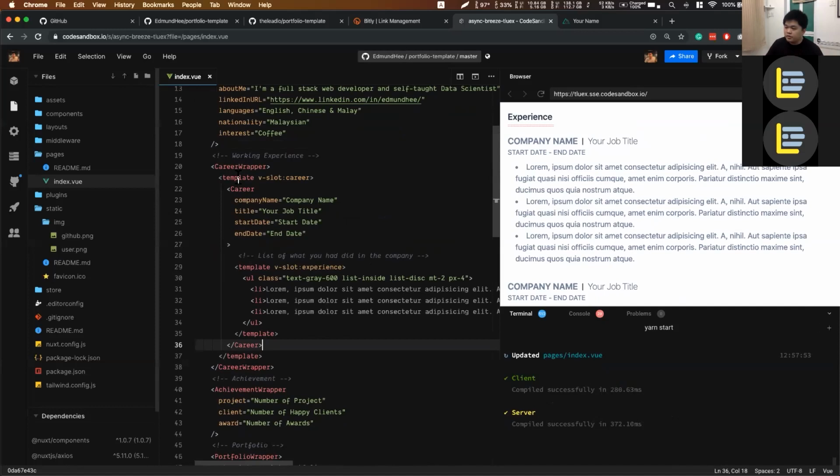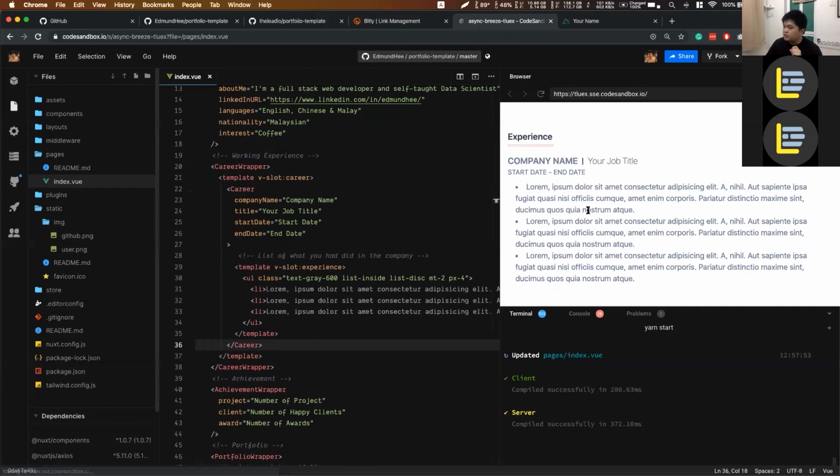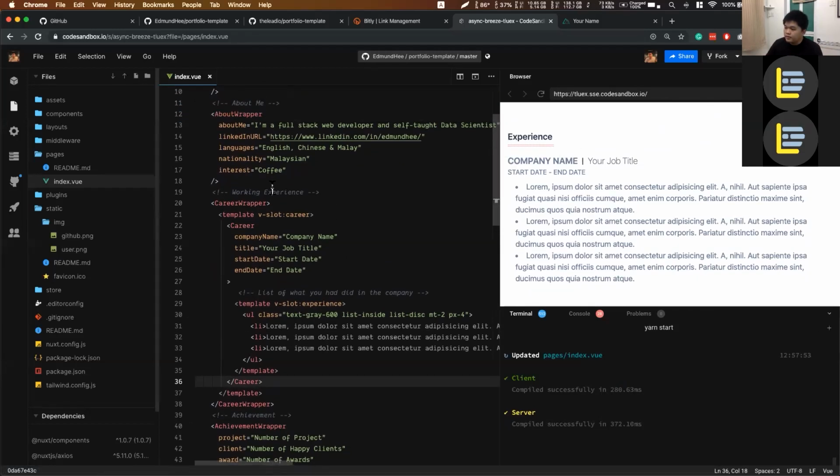Career wrapper is an HTML template, career template. All of this is HTML. And over here, if I do a refresh, you can see under experience, which is this path, career. There's a company name and your job title. If I change this one to maybe